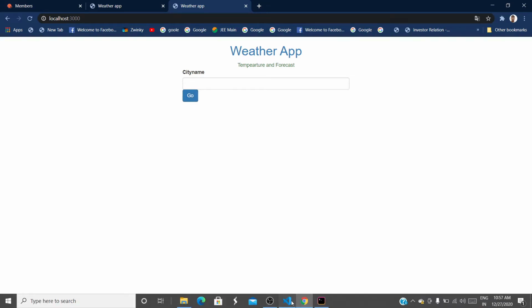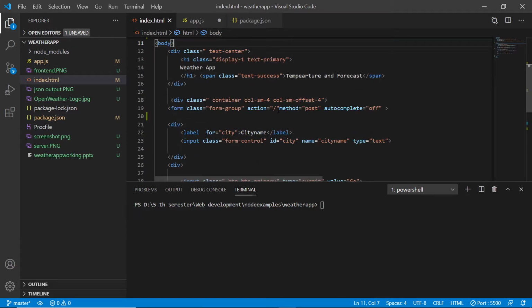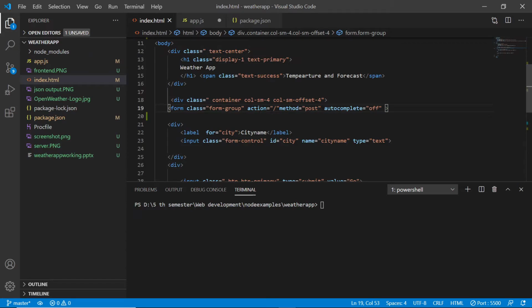If you go back to the index.html and see, the method through which it is submitted is post. And the action it is submitted to is the home page only. That means when you click on go, it will be submitted to the home page only. A post request is made.